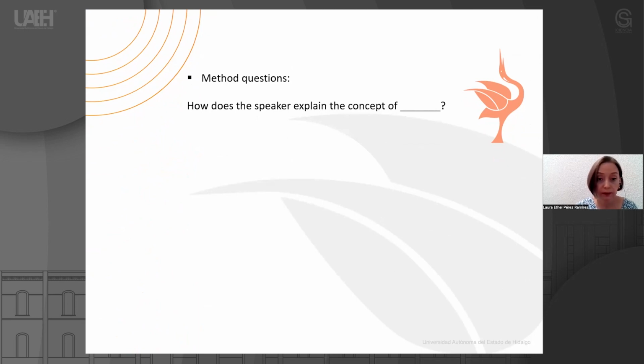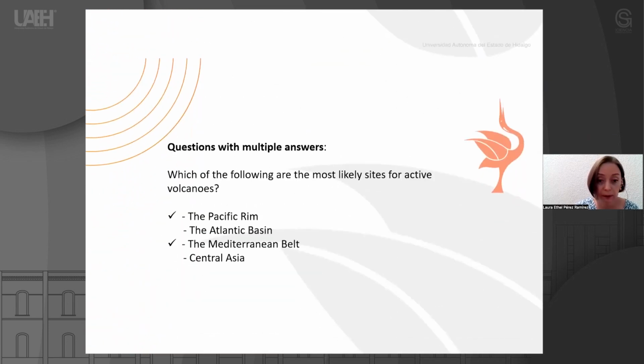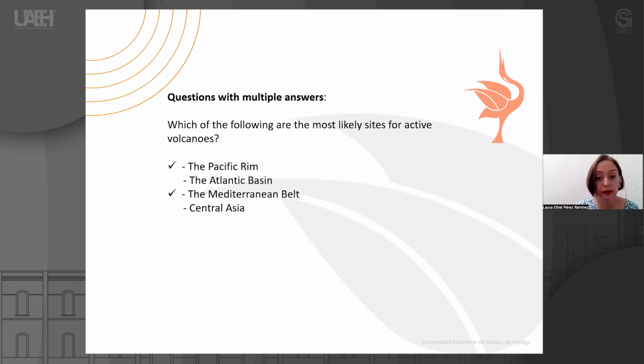Method questions. In this part, you will have to explain how the speaker accomplishes something in the conversation or the lecture. Attitude questions. They ask you about how the speaker feels or thinks about some idea or opinion. Questions with multiple answers. Some of the factual or negative factual questions have more than one answer. You will have to pick 2 or more choices,